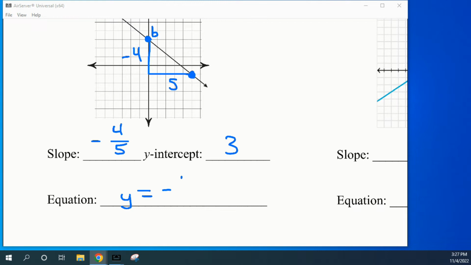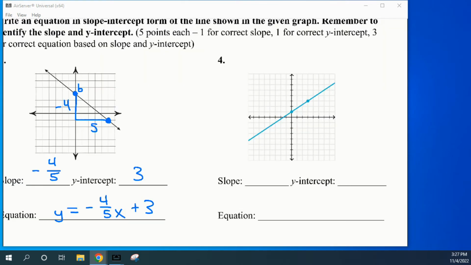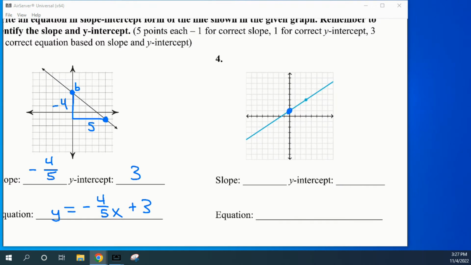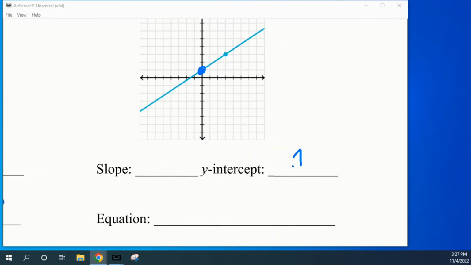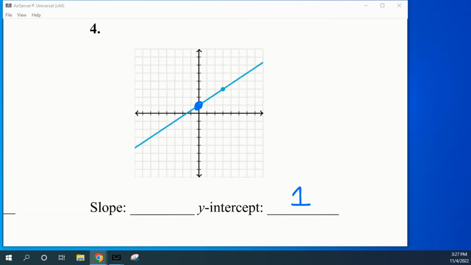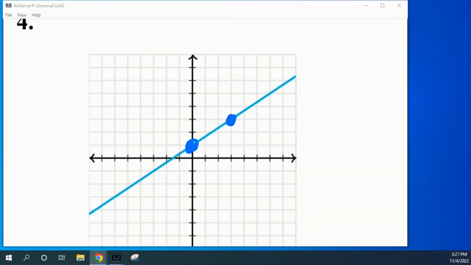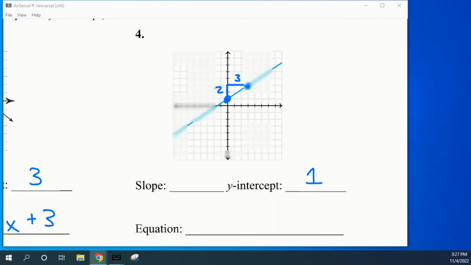But on number 4, I'm going to find my y-intercept. There it is. My y-intercept is 1. Okay, I'm good enough to zoom in here. My y-intercept is 1. My slope is going to go from point to point. So I'm going to find my rise, which looks to be 2. My run, which is 3. So my slope would be 2/3,